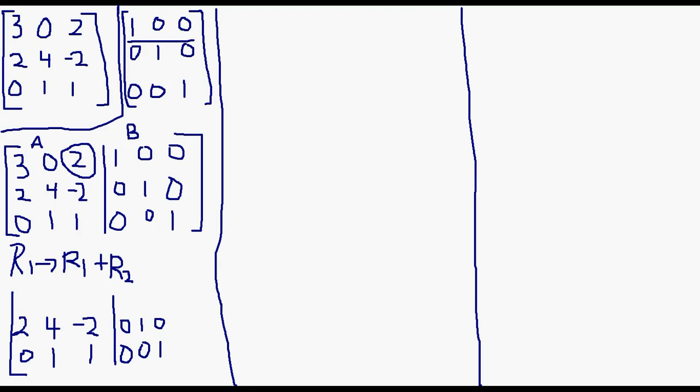So let's look at it here. Row 1 here is 3. Row 2 here is 2. So 3 minus 2 will give us